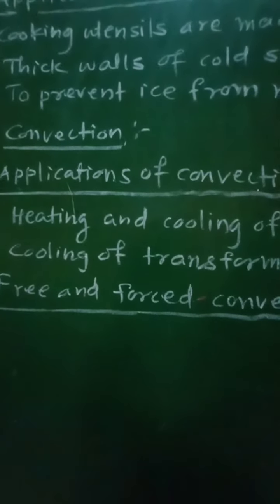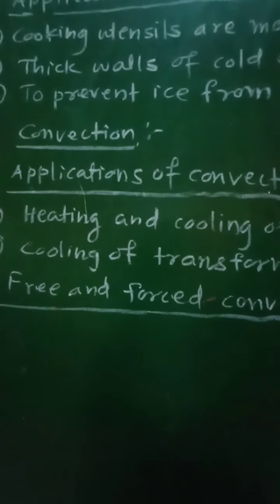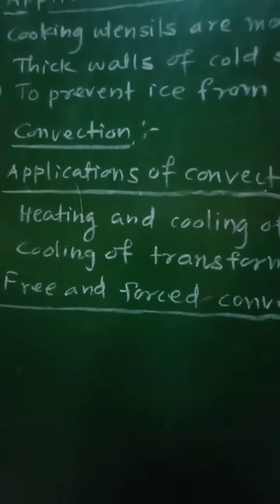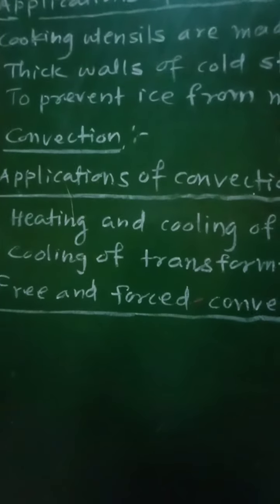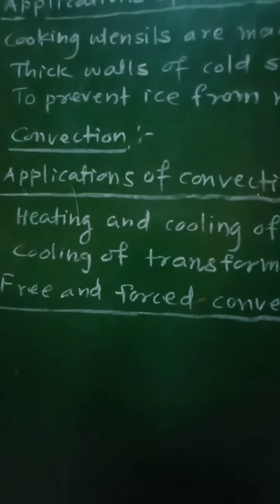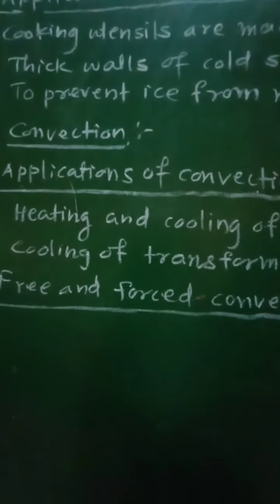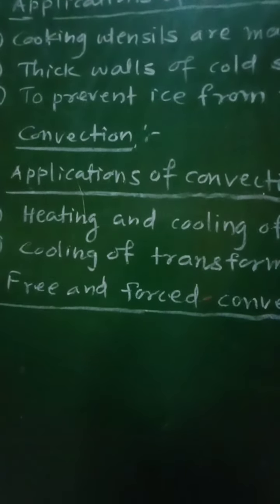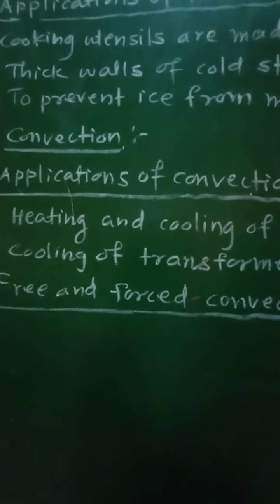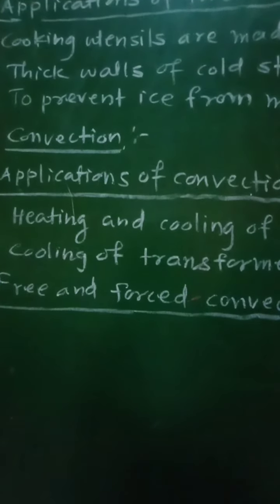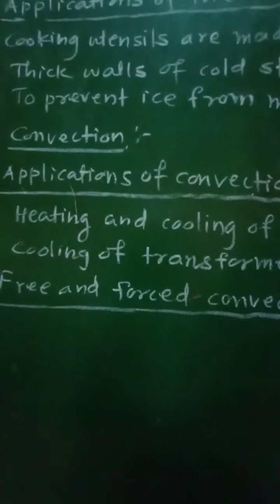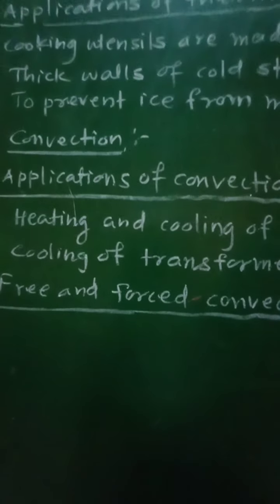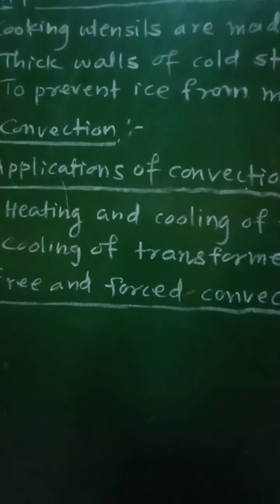Then the cool air at the top, being denser, moves down, and then this cool air in turn gets heated and again it moves up. So in this way the convectional currents are set up in the room which transfers heat to different parts of the room. And then the same principle but in the reverse direction is used in order to cool a room